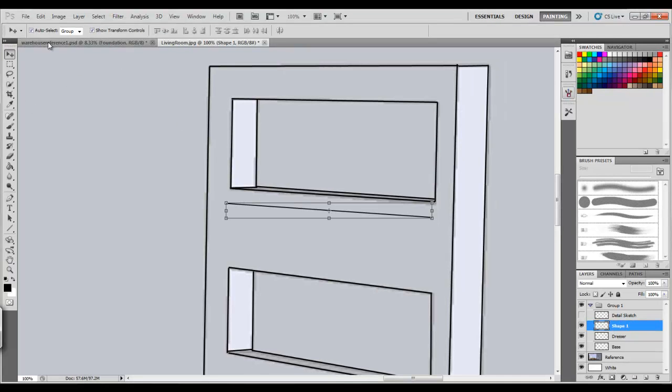Okay, now that I realized I was stupid, I didn't select auto select, we're going to go in here and I'll show you a nifty trick. If you hold down Control, this little white arrow is going to appear. And what this does is you can grab this corner and move it. So now I can move it and say that looks weird, and I can adjust this from the corner to more accurately line up in perspective here. And then I'll do the same thing